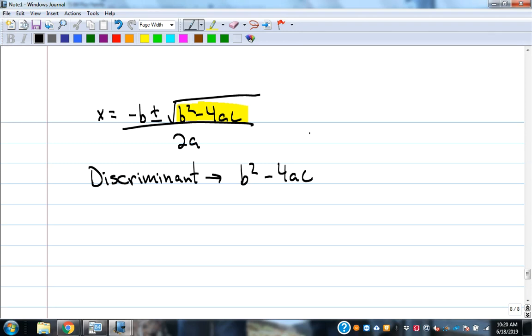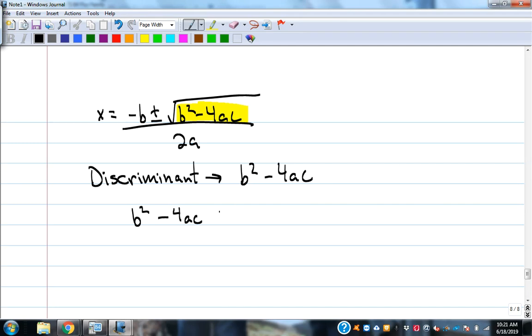Okay? And knowing what kind of answers you're supposed to get can be helpful in knowing whether you got it right or not, and also knowing what the graph is going to do. So the discriminant is the b squared minus 4ac part. So it's just the part that's under the square root of the quadratic formula. Nothing fancy about that. Here's what we know about the discriminant. The way it tells us what kind of answers we'll find is that if we work out b squared minus 4ac,